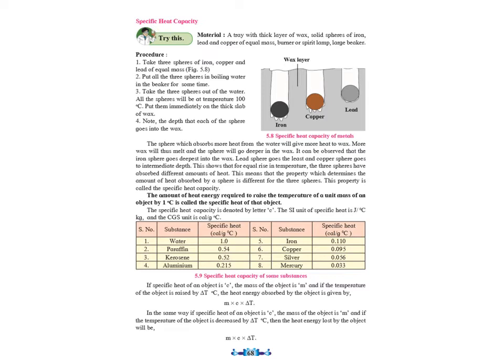They've given you a chart over here which shows which has the highest specific heat and which has the lowest. If you see, water has a specific heat of 1. If you remember in the lower classes, especially in 7th standard science, when we learnt the chapter on heat, there were certain points about water we had learnt. One important thing was that we use water in the radiator of cars to cool them down. Why? Because water has the highest specific heat capacity, because of which it can take out the heat